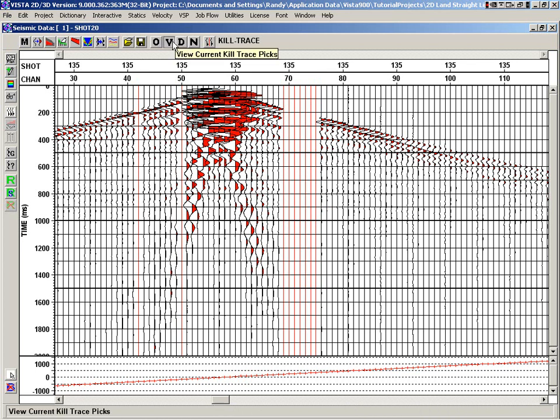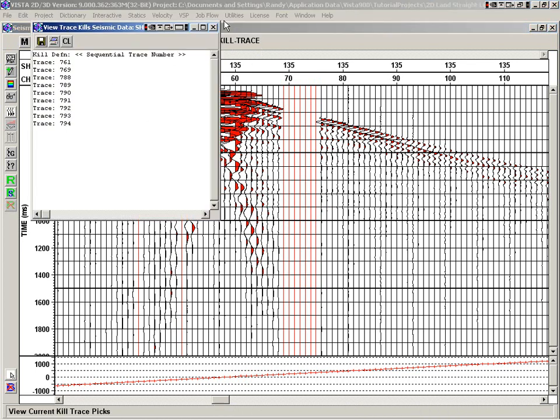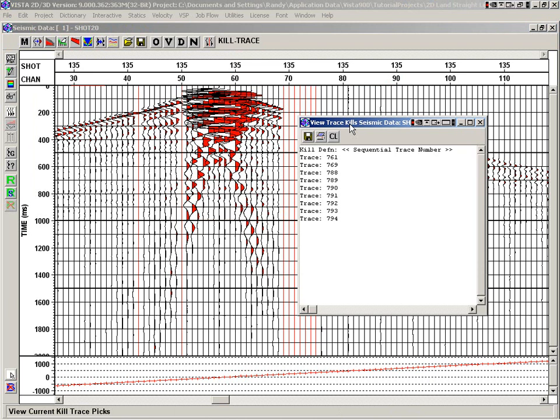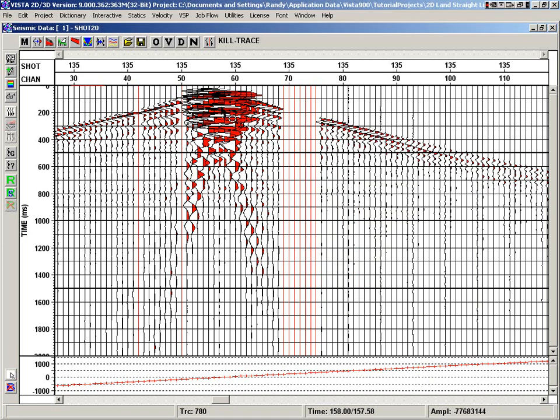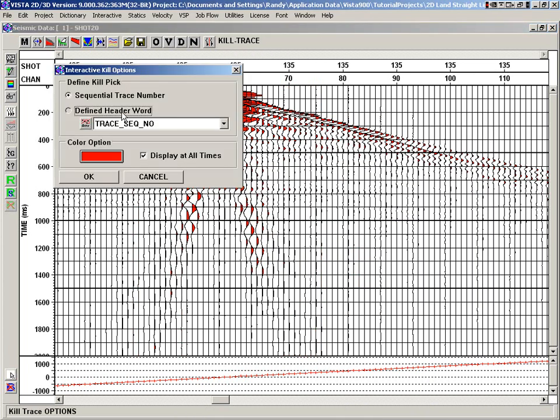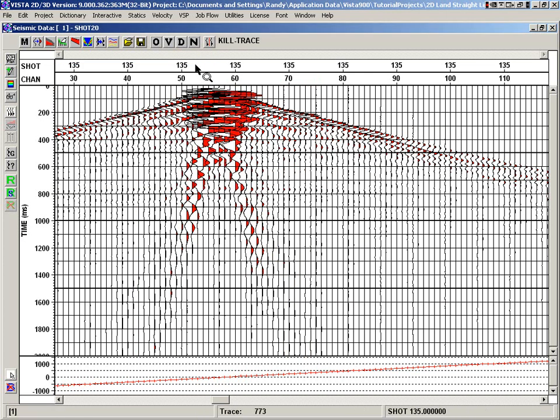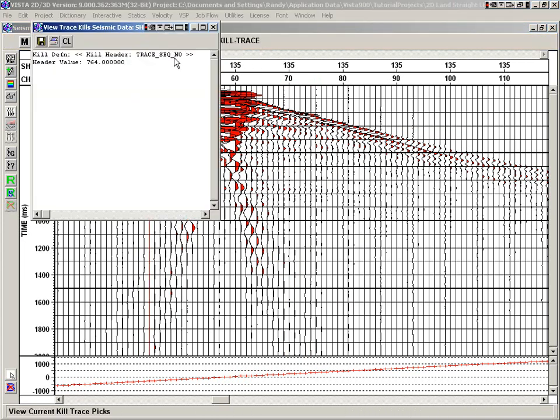Once we've selected some, we can view what those traces are. And one of the things, the default is these are actual trace sequential numbers to identify the kill. Let's just do a new. What you can do is define it based on header word. So it could be trace sequence number. So when you pick, when we look at the view, it's actually the trace sequence number that